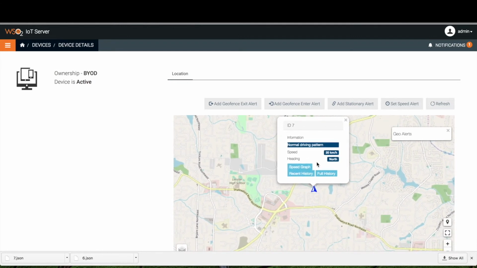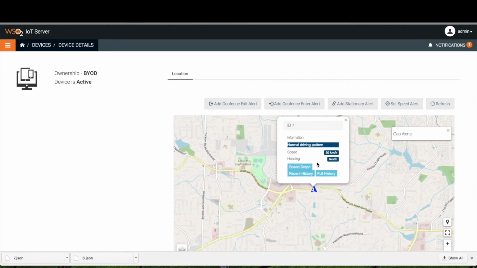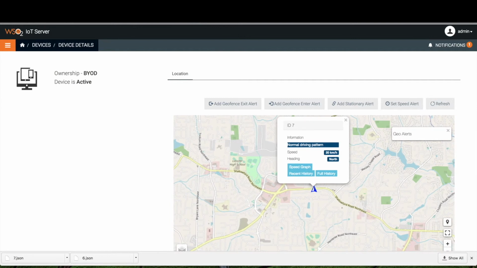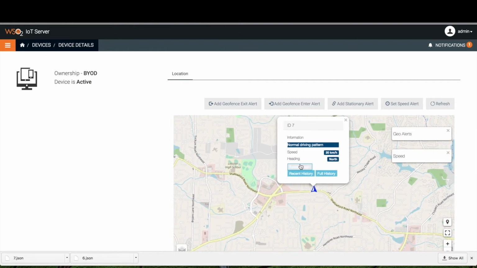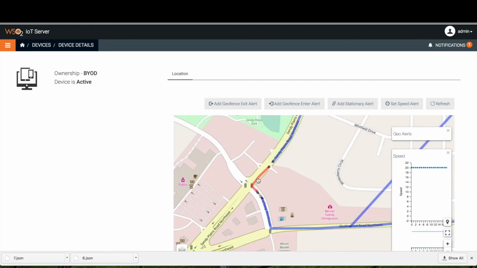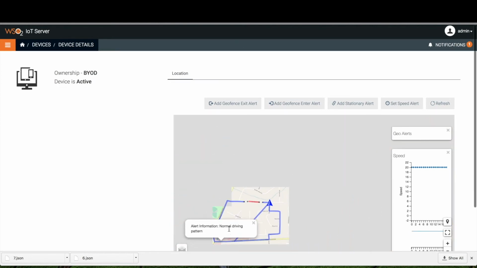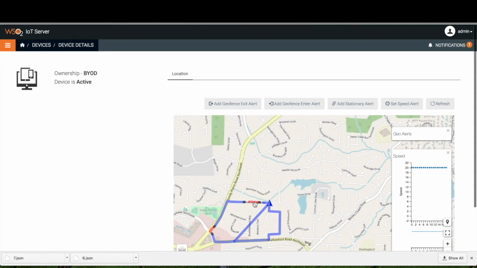This was the real-time view with real-time geo alerts and speed alerts. We can get the recent history of the device movement with the alert information also visible in this graph by simply clicking on recent history, and you can see there will be a path of the movement of devices highlighted in blue and red. Blue lines indicate the normal driving pattern and the red line indicates alerts,